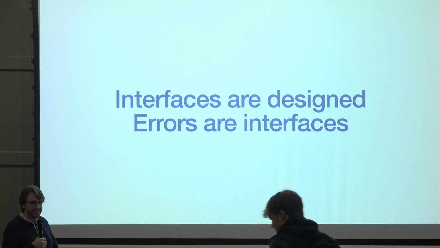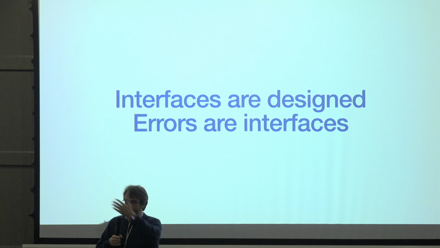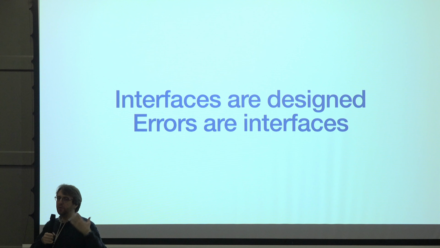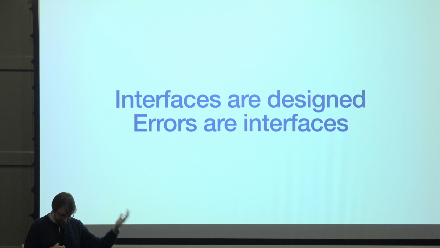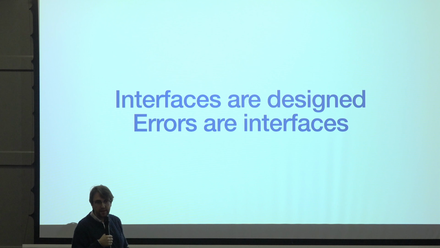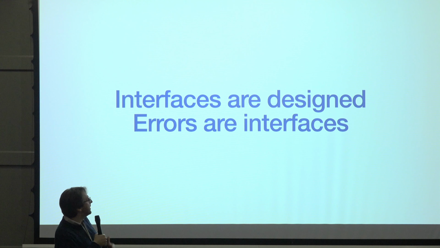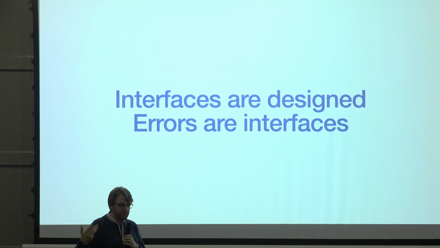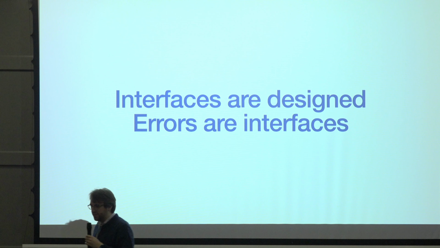Interfaces are designed. When we build a bit of software, when we build a package, a module, a library, service, whatever, right, it will have some interface, some way that people use it. There might be other developers, might be end users. It has some boundary. That is the thing which is designed. Even if we're just designing it by accident, we're still designing it, and we do have to own it, right? And that comes with all the constraints that apply to a normal design problem. There is a design language, there's all the pragmatics around it.